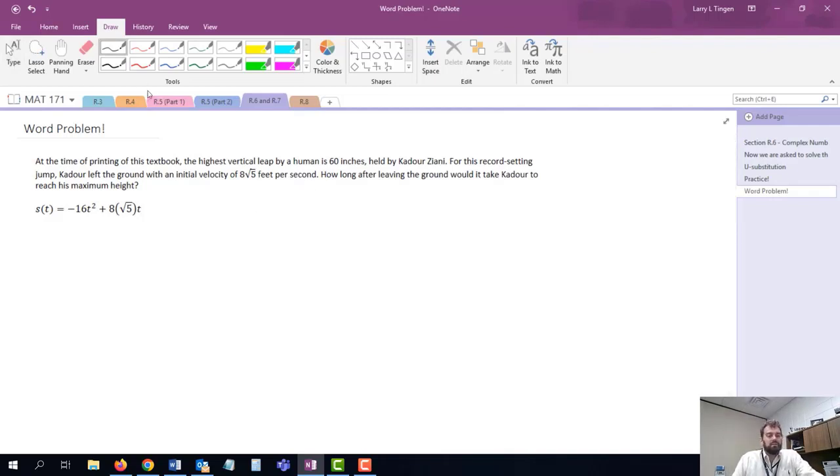So a couple things are going on here. The first one that I did not draw attention to is the units of the problem. The initial velocity here is in feet per second. You don't know this yet, but we have this negative 16t squared. This negative 16 is the acceleration due to gravity in feet per second. So feet per second are appearing in here multiple times. This means, and you'd only know this because I'm telling you, that when I get done, S is